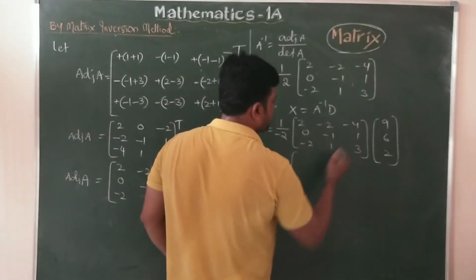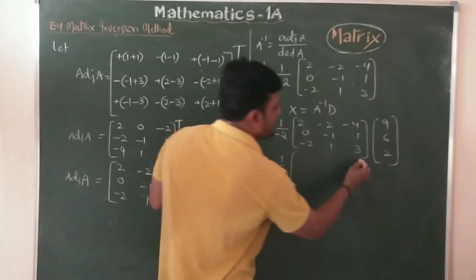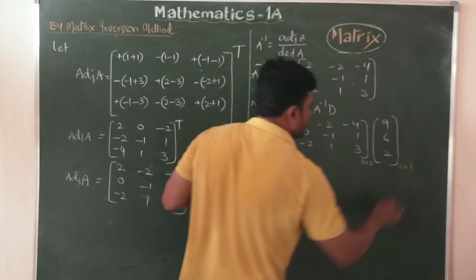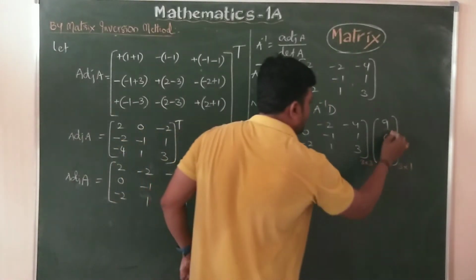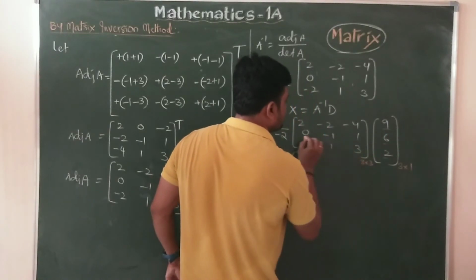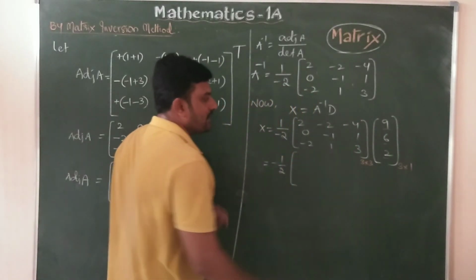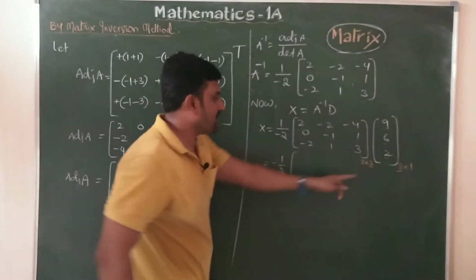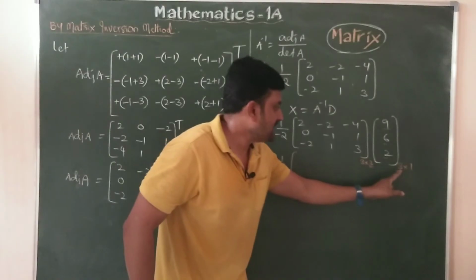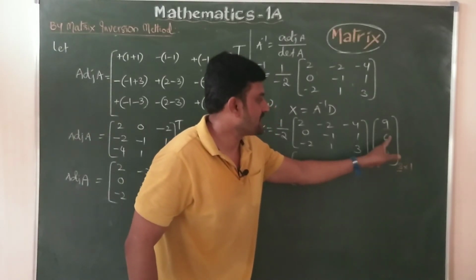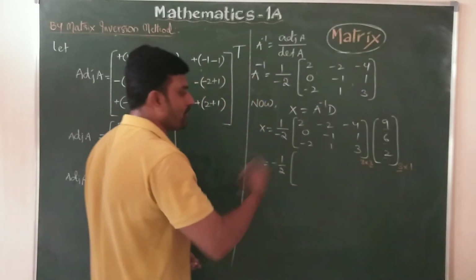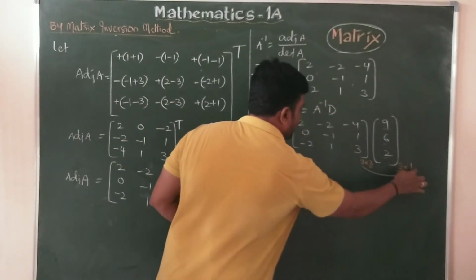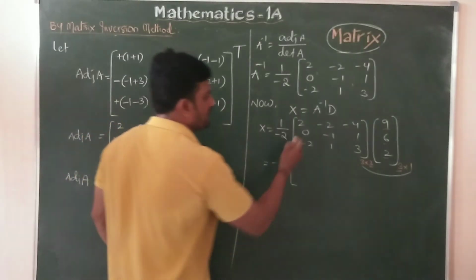Now your multiplication. Here in the multiplication, observe: now it is a 3 by 3 matrix. Yes or no? Now it is a 3 by 1 matrix. Yes or no? 3 rows and 1 column. Now here 3 rows, 3 columns. Yes or no? Okay. Now your matrix multiplication is applicable because the number of columns of the first matrix equals the number of rows of the second matrix. Then the product will be a matrix of order 3 by 1. Okay? Then multiply here.